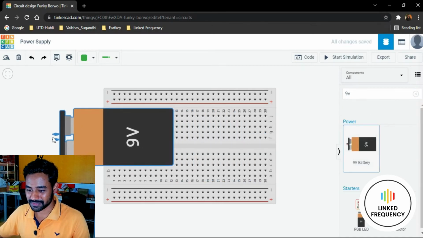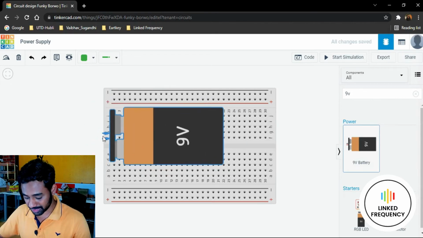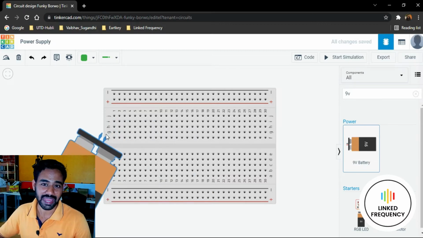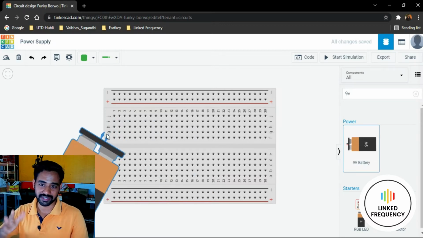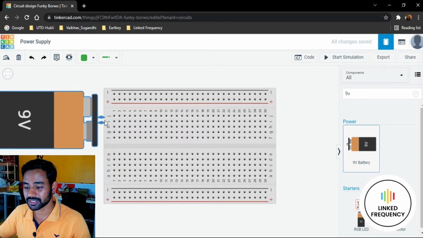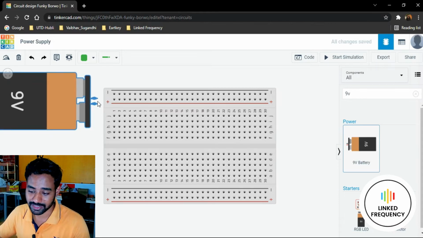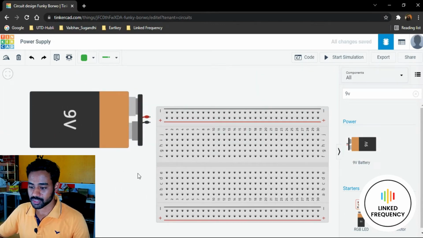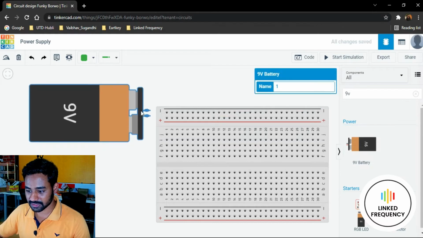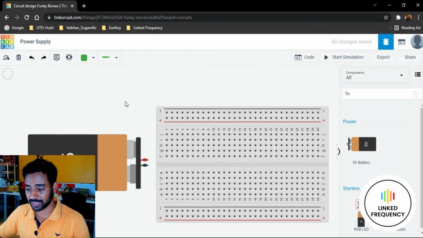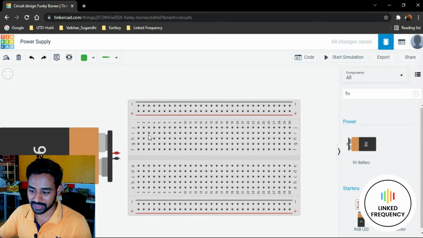When we bring this particular component, if you want to rotate it, you just need to use the R key on your keyboard. It will rotate by, I think, less than 45 degrees, 30 degrees or something. You just need to rotate it until you get the desired placement or angle that you want on this platform. So when I place it like this, I just need to adjust it where I want to use it as per my requirement. Now I'll keep my 9-volt battery out of my breadboard, because a battery is always out of the breadboard.